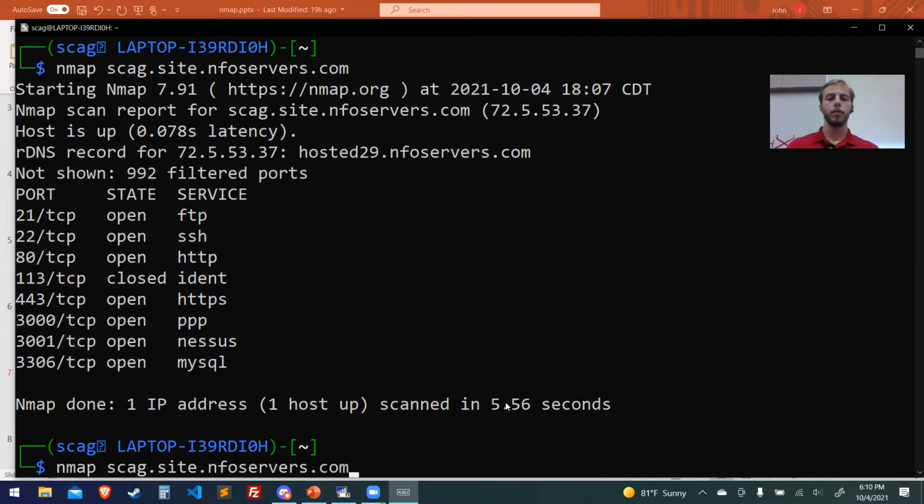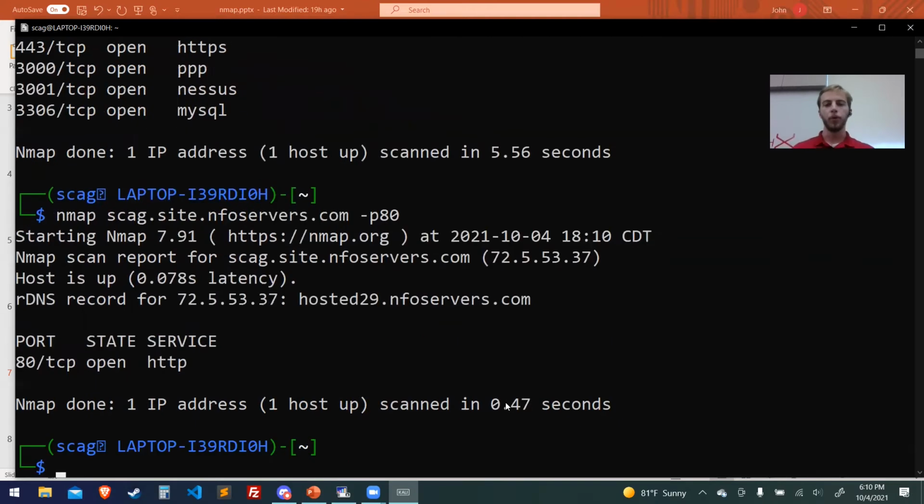So let's say I want to nmap myself, but dash p for ports, I just want 80. Boom, and that was in much quicker time. So if I want to scan a variety or enumerate a bunch of subdomains looking for a certain port that's open, I can select the port and it skips everything else and grabs what I'm looking for. That's what enumeration is all about.